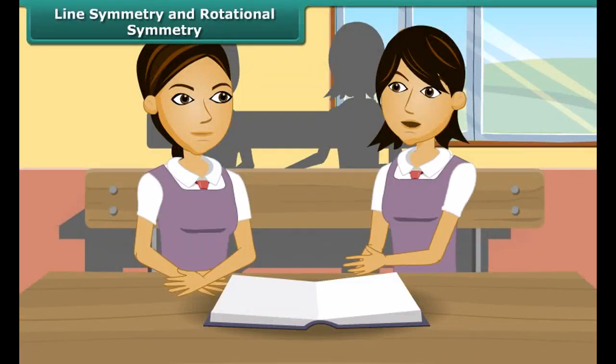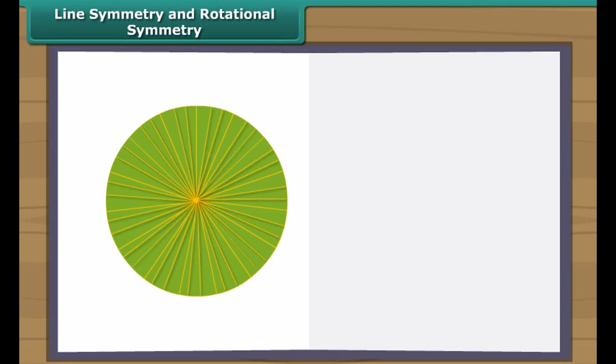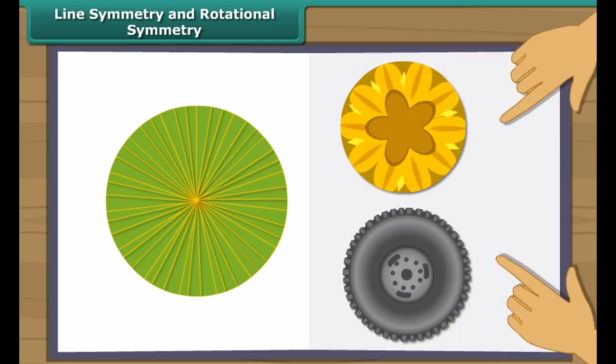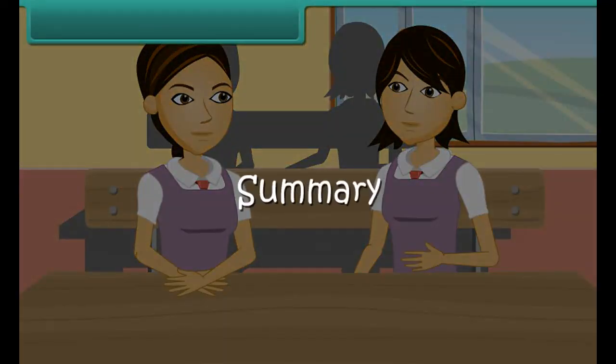Do you know which the most perfect symmetrical figure is? Is it the circle? Yes, the circle is the most perfect symmetrical figure. It can be rotated around its center through any angle and at the same time it has an unlimited number of lines of symmetry. Observe these circle patterns. Every line through the center forms a line of symmetry and has rotational symmetry around the center for every angle.